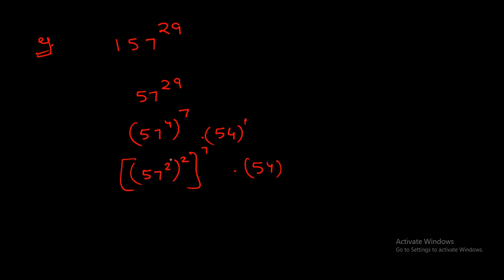अगर आपको 57 स्क्वायर नहीं पता तो एक रूल हमेशा याद रखिए, किसी भी नंबर की स्क्वायर की लास्ट टू डिजिट उतनी ही होती है, अगर कोई एक्स एक नंबर है उसके स्क्वायर की लास्ट टू डिजिट जो होंगी वो उतनी ही होंगी जितना वो नंबर 50 से ज्यादा है या 50 से कम है। अगर 50 के आसपास का नंबर है, तो जैसे 57 है, ये 50 से कितना ग्रेटर है? 7 ग्रेटर है, तो 7 स्क्वायर की जो लास्ट टू डिजिट होंगी वही 57 स्क्वायर की लास्ट टू डिजिट होंगी। तो 7 स्क्वायर की लास्ट टू डिजिट होती है 49, तो 57 स्क्वायर की भी लास्ट टू डिजिट होंगी 49,